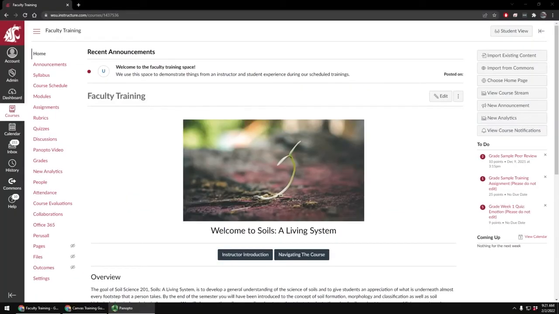Okay, here we are at the our faculty training Canvas page, and we're on the home page right now. And so the first thing we're going to do with assignments is select the assignments index page in the menu, in the course menu here on the left-hand side. So I'm going to select assignments index page. So assignments. That's going to take us into